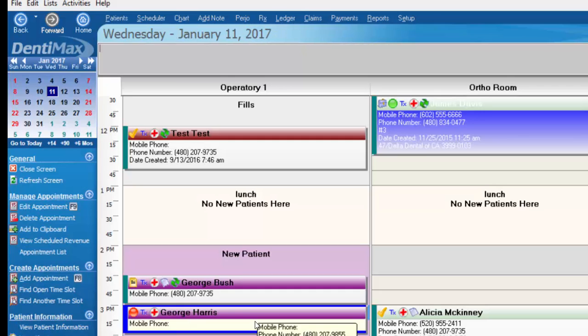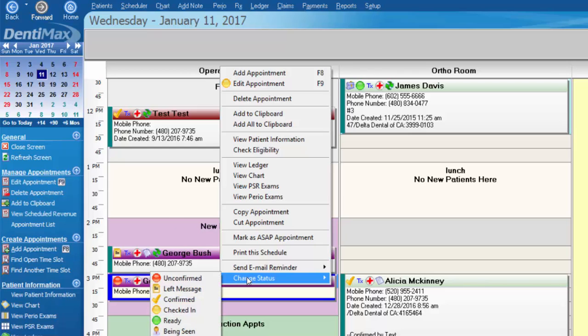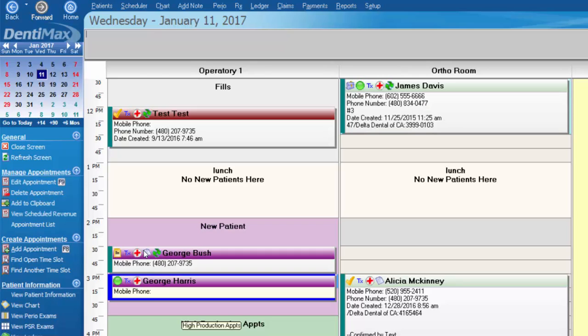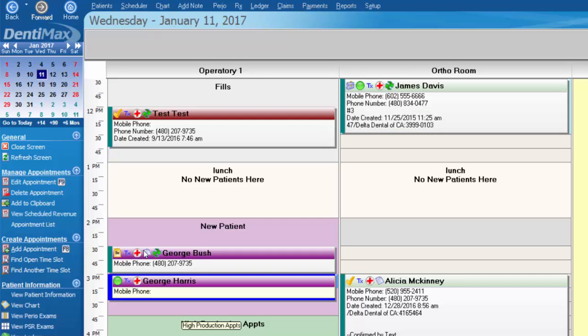Now that George is an existing patient in our system, let's go ahead and check him in. We're going to simply right-click on his appointment and change the status of the appointment to ready to be seen. That green dot is what's going to signify to the assistant to come get the patient seated. The assistant can also work from the schedule, which is great, so that they'll be able to watch and see when their patient's ready and available to be seen,